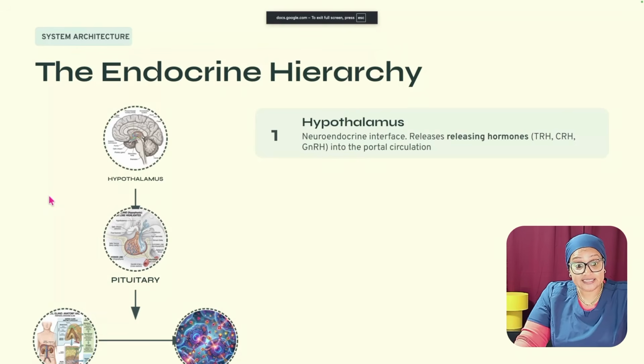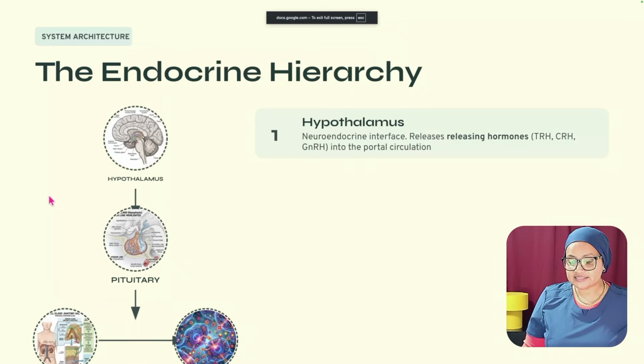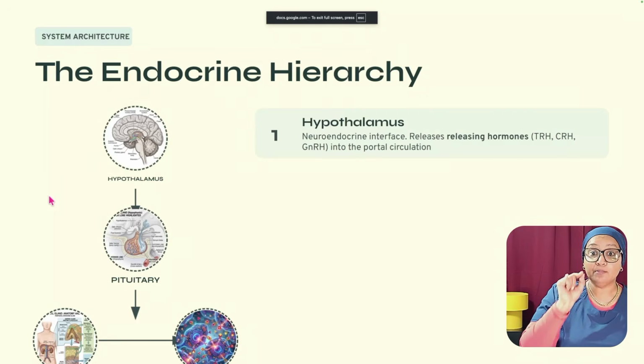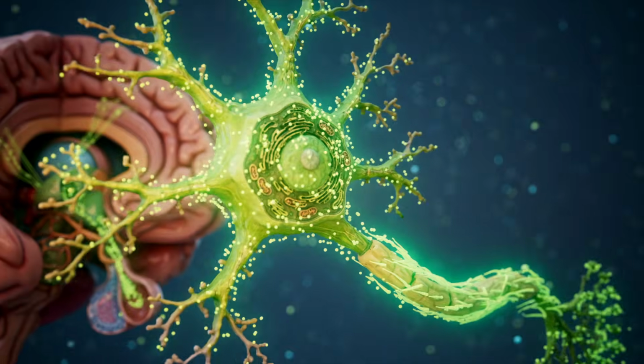The hypothalamus basically converts the neural inputs into hormonal outputs. It releases small amounts of releasing hormones like TRH, CRH, GnRH directly into specialized portal blood vessels. And please make a note of this. This is very important for the exam. This portal blood flow, which is called the hypothalamo-hypophyseal portal system,